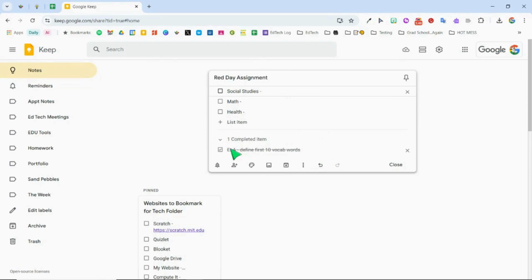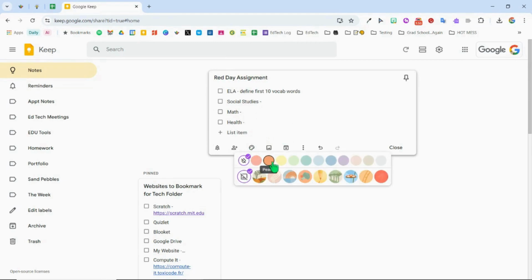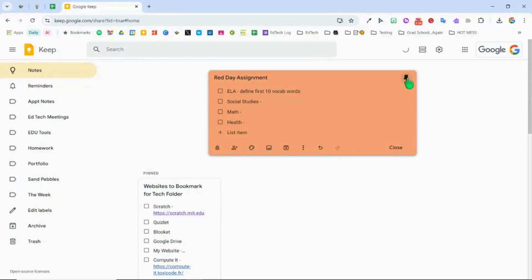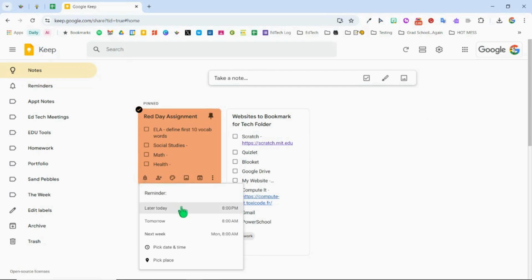Students can reuse these each day. They can change the name, they can change the assignments. If they really want to get fancy, they can color code them. But what's beautiful about this is they can pin this and it will stay at the top of their Google Keep notes. Students can also add reminders to these, which I like because this is what you don't have with